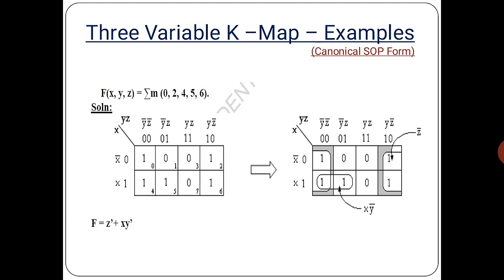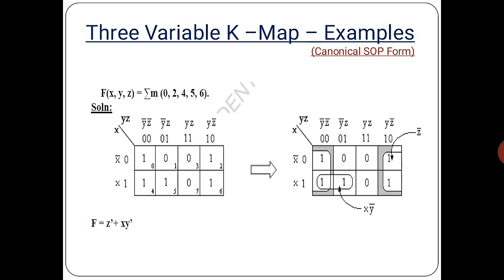So for the common variable of the particular quad grouping, check the leftmost input values x bar and x. So there is no common variable. We can look at the topmost variables y bar z bar, and then the rightmost is y into z bar. The z bar is the common variable. So we are going to take only the common variable from the particular grouping, z bar, and we have left the min term 5. So we are going to do the pair grouping with the 4 and 5.